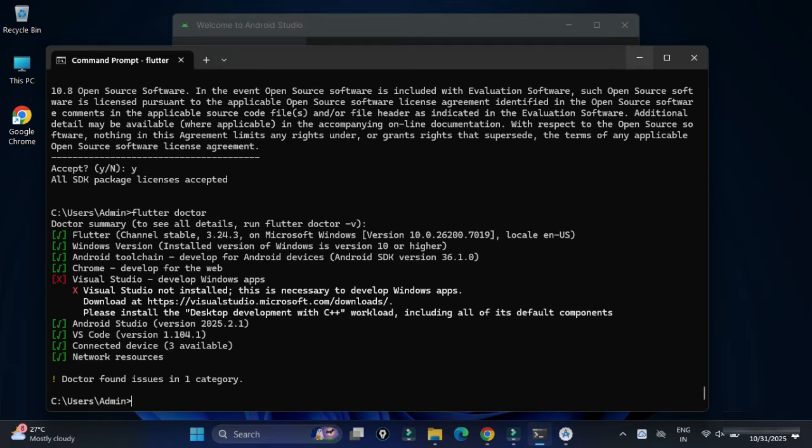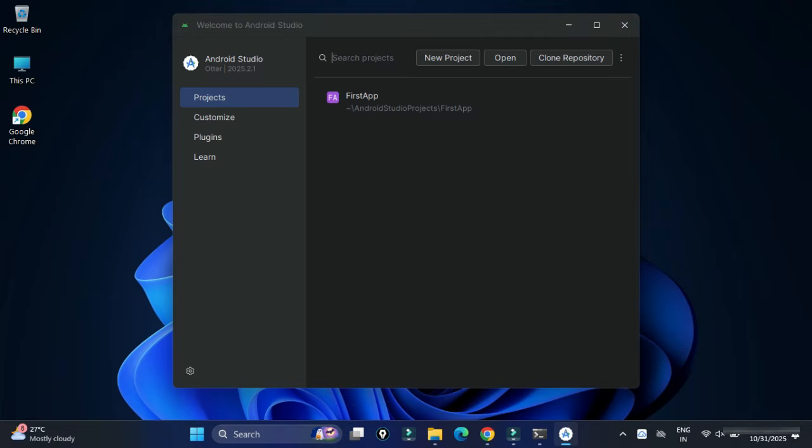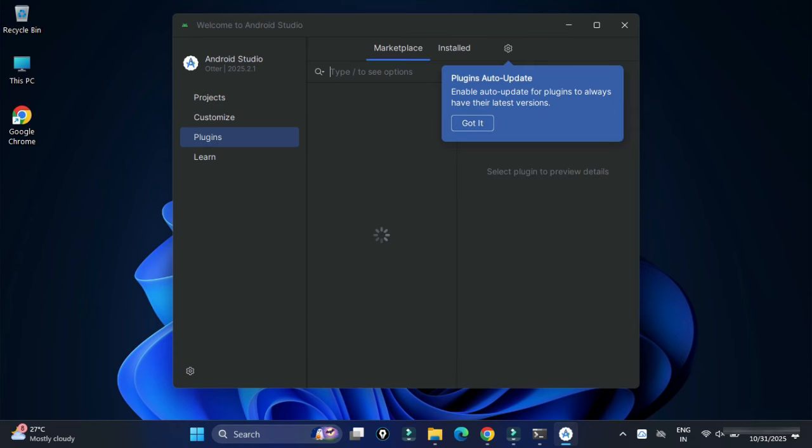Okay, so let's go to Android Studio, and guys, here you can see I don't have any command for creating Flutter project, right? So for that, we need to install a plugin. You can see here we have a button, new project, open, get from VCS, but we don't have button for Flutter project. So we will be installing plugin. So from this tab, you can click on this plugins.